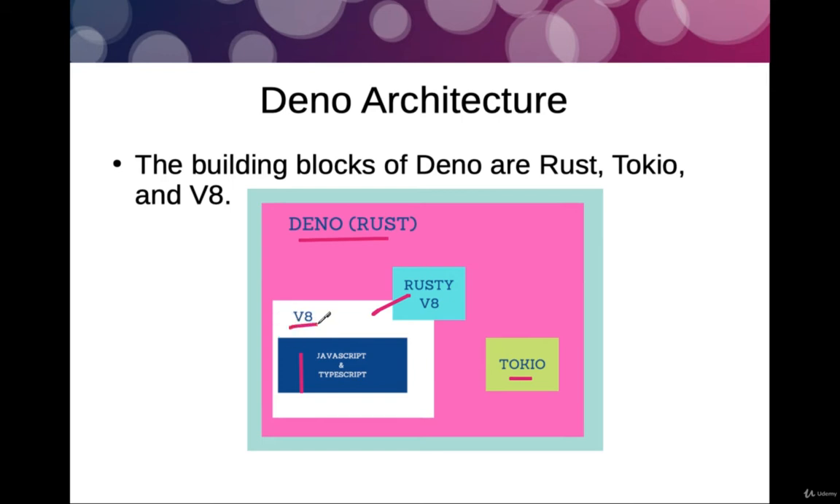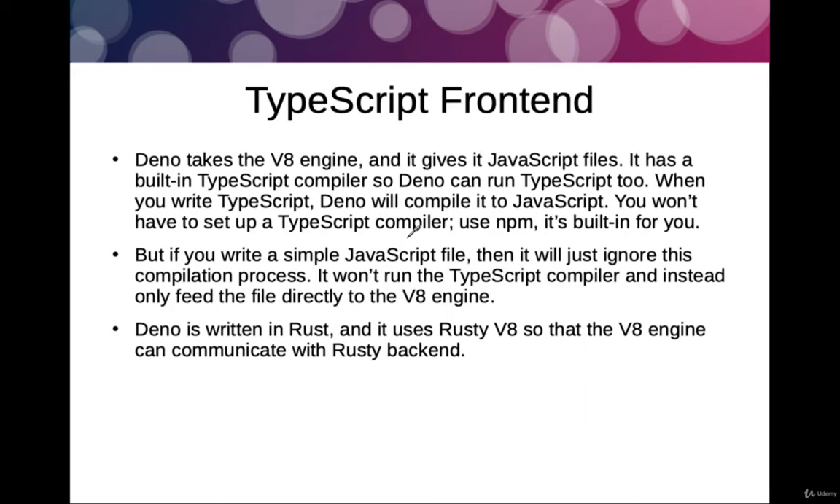So the V8 engine is basically in the browser, right? And Rusty V8 allows you to communicate with it, and you write your backend code in Rust, right? Now, we have a TypeScript frontend, but just for mention, it also has a JavaScript frontend. Deno takes the V8 engine and gives it a JavaScript file, right? So even if you write a JavaScript file, it will directly run it on the V8 engine using Rusty V8,